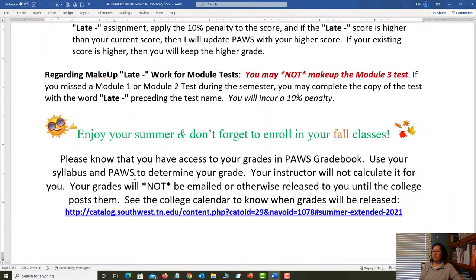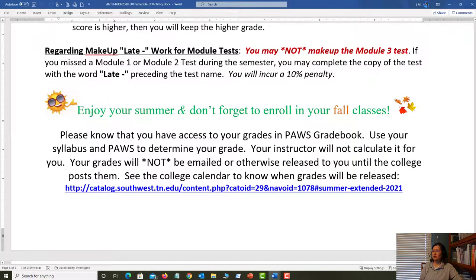So that's our pattern, and at the end of our 10 weeks you'll be looking at the sunshine, but going into the fall semester, and I hope that you register for classes to get that done early.